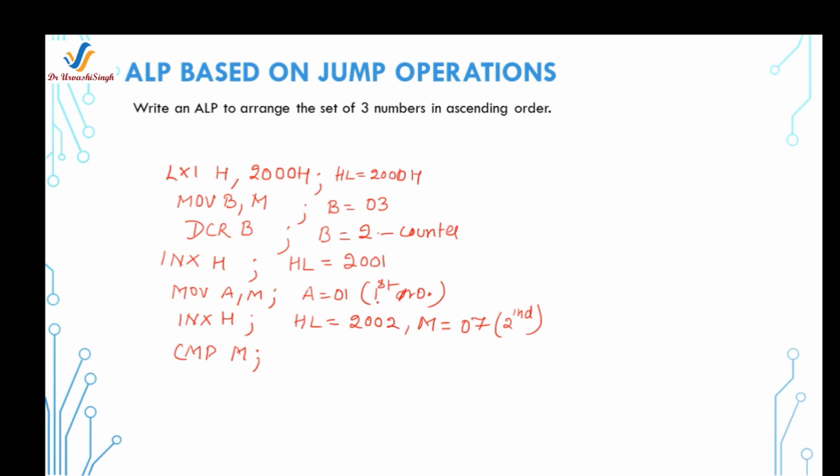While comparing these two numbers, you will have carry. So I am using the jump if carry instruction to a location. Since I don't know the exact memory location, that's why I am using a label, and I will write next. So I am writing here. So it will jump to the point where I will decrease the counter value.